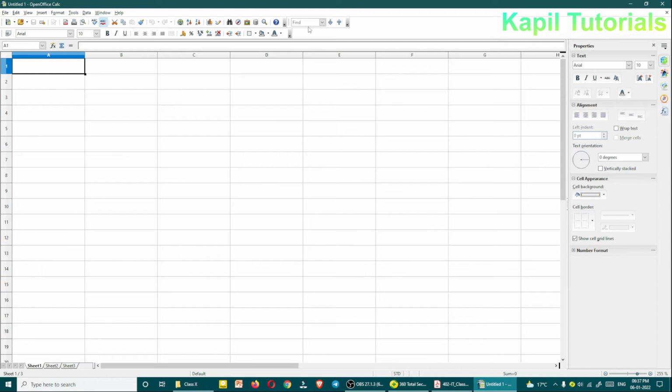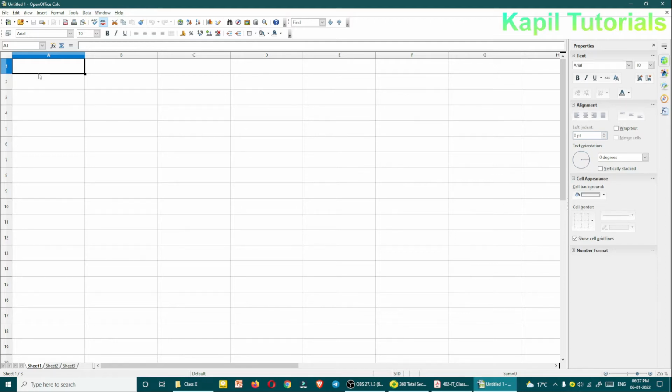So basically this is the basic interface of electronic spreadsheet. If you have done MS Excel, the basic interface is nearly the same. The actual design is more or less the same as it appears in this software, that means the spreadsheet software under OpenOffice. So firstly, covering the topics covered in IT skill course 402, I'll be telling you the basics.